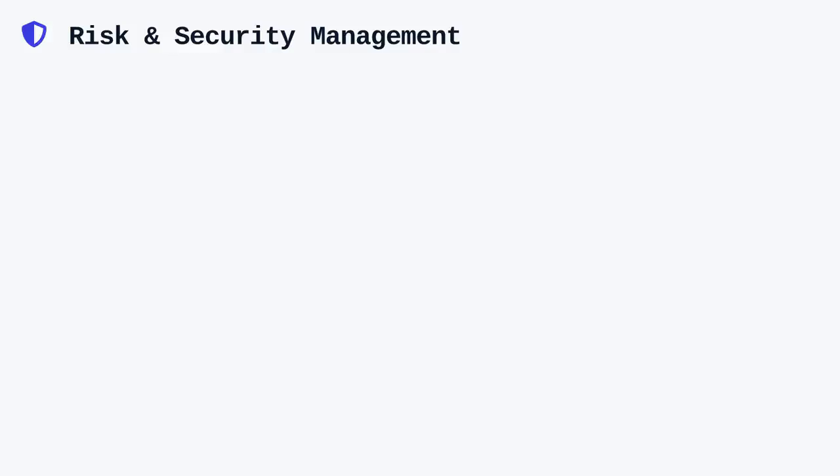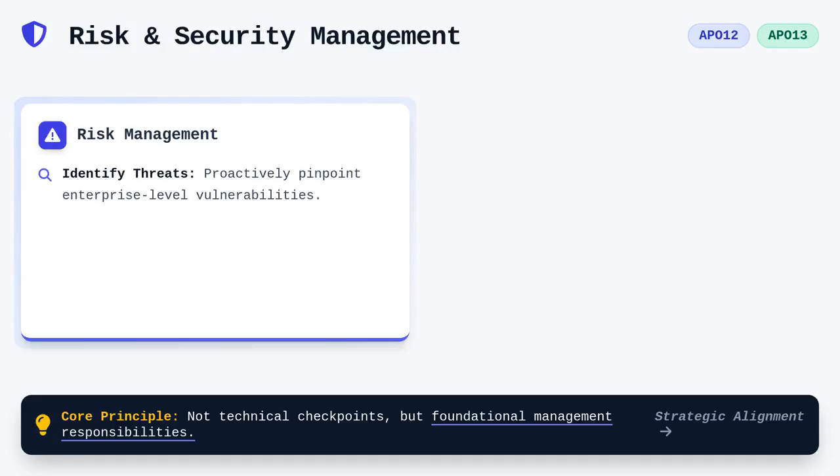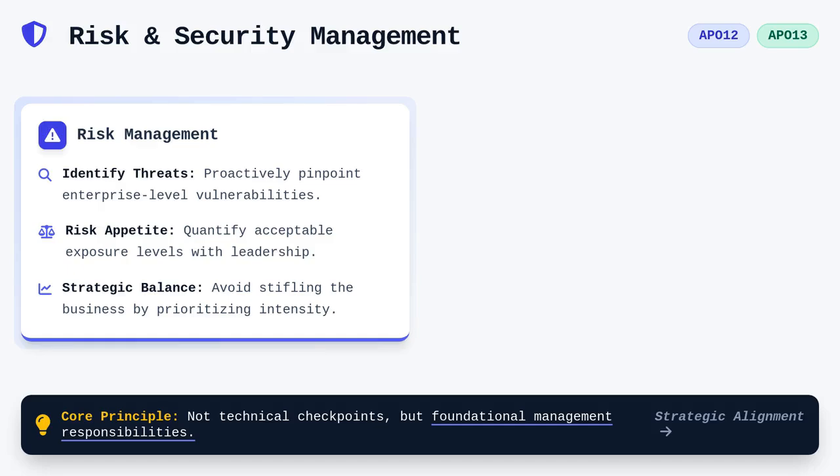Risk and security are not merely technical checkpoints. They are foundational management responsibilities, represented by APO12 and APO13. Managing risk involves identifying threats to the enterprise and quantifying exactly how much exposure the organization is willing to accept. This is a critical discussion to have with leadership, as you cannot protect everything with the same level of intensity